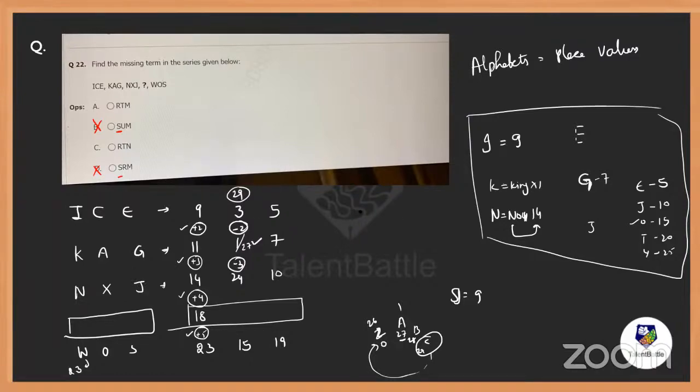So the second row is 29, 27, 24 dash 15. 29 minus 2, 27 minus 3. So 24 must be what, everybody? 24 minus 4 will give you 20. So 18, 20. 18 is R, 20 is T. The answers start with RT, and yes, both options are starting with RT only.